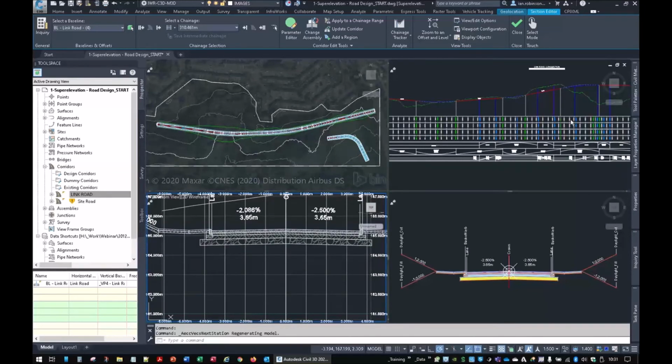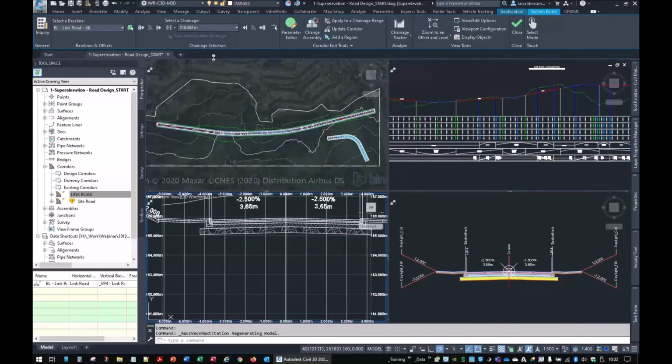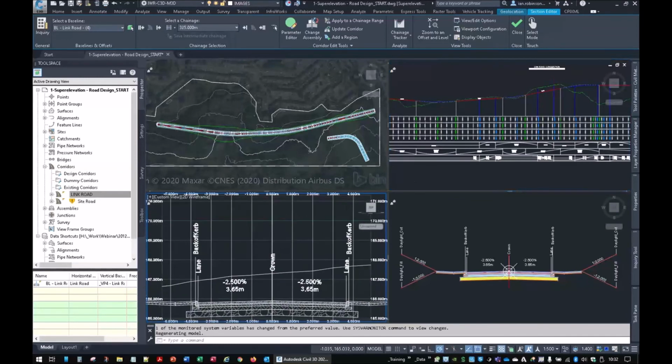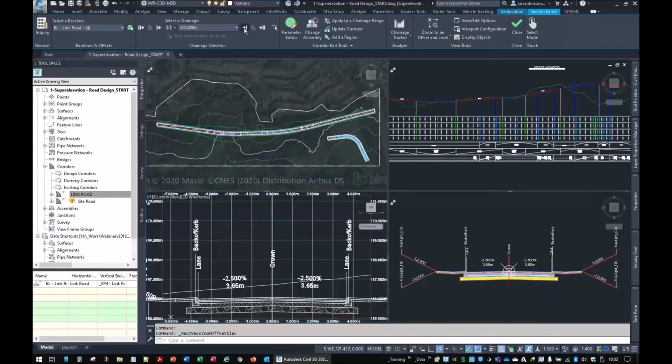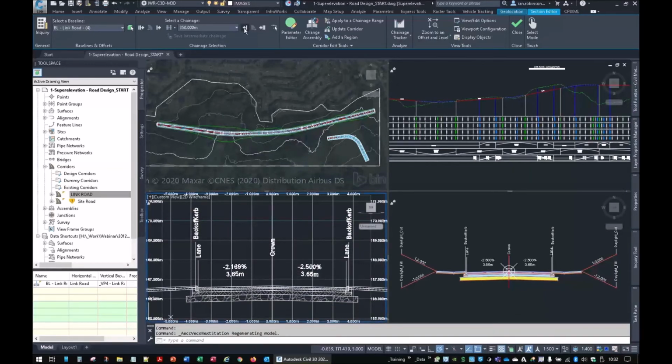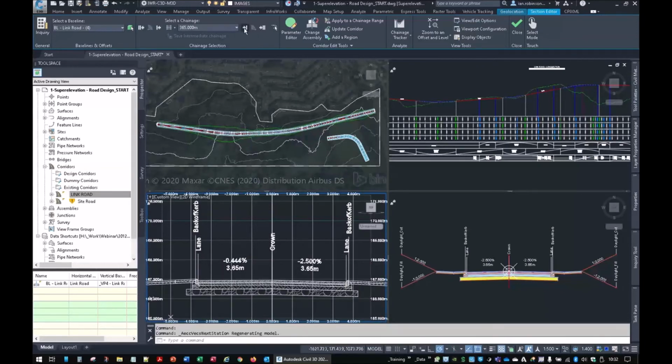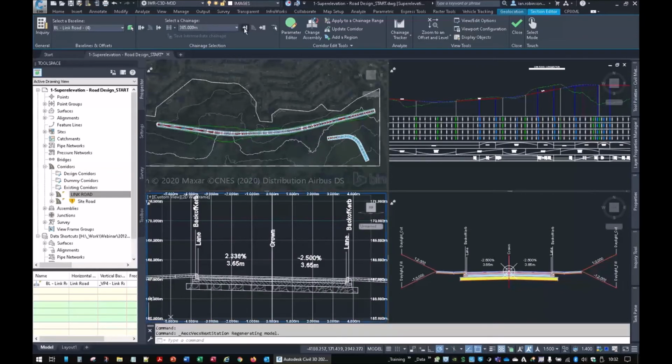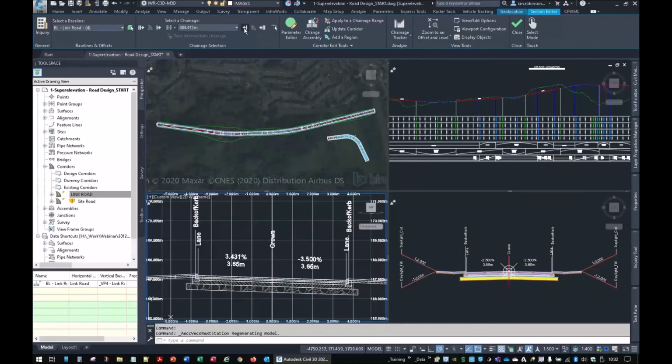Let's go to the next bend. Oh, it's not far away, is it? Offset and level. So there we are, left lane starting to lift. You should see them both lift up to 3.5%. There we are. So we've now got a 3.5% slope, and then it starts bringing it back down again. Okay,